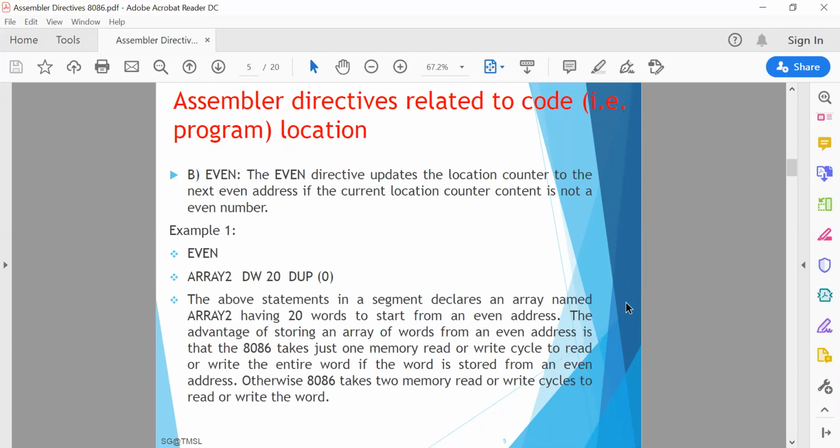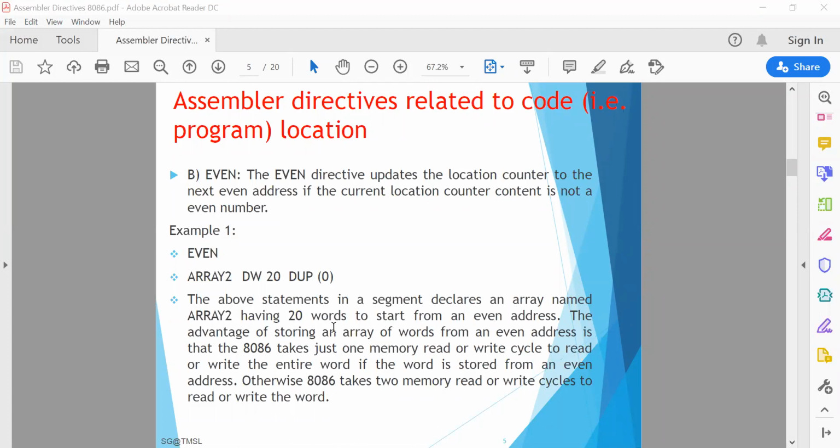Like in this case, EVEN, array 2 DW 20 DUP(0). This statement in a segment declares an array named array 2, having 20 words to start from an even address.